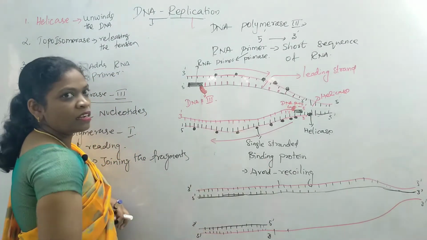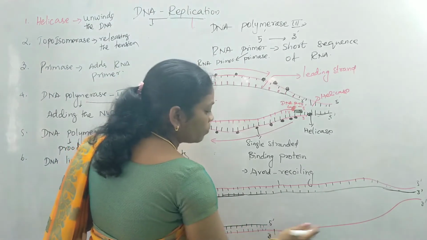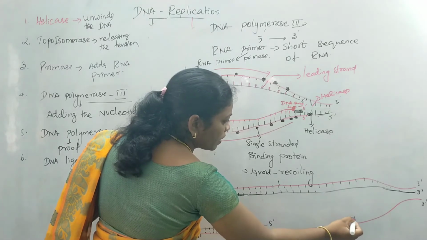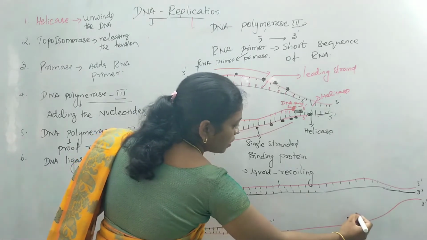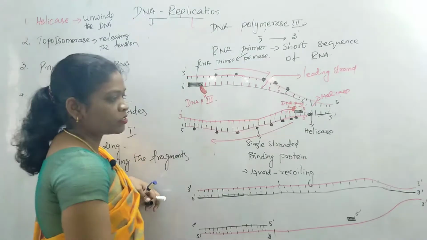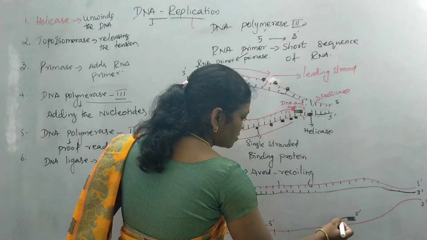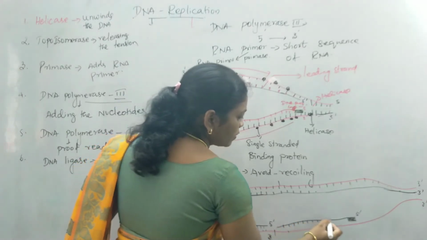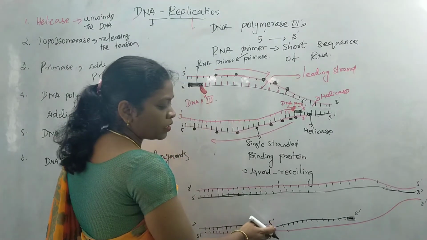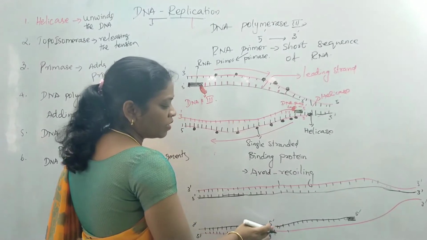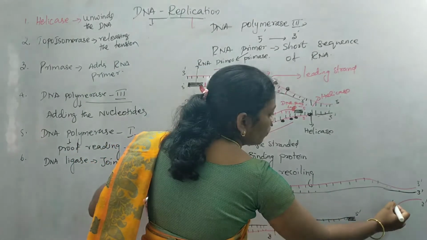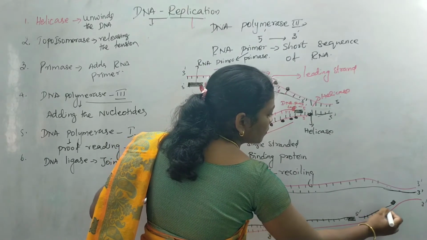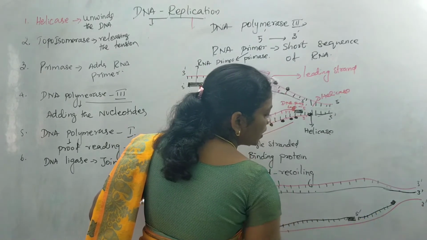Now the chain has got extended, where we have to add one more RNA primer, and we have to start again from the 5 prime direction. So again a new chain is synthesized. There is a break here, where it is not a continuous strand, where you can find again one more primer will be added here. Again one more strand grows towards the 3 prime direction.